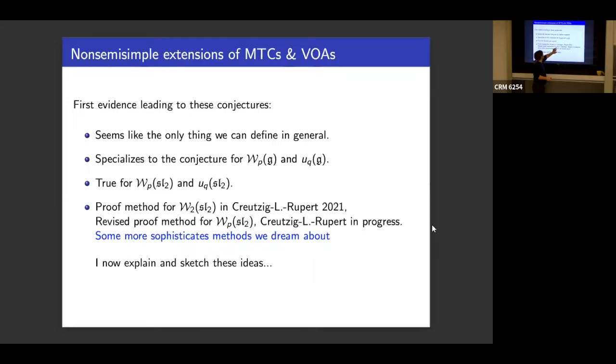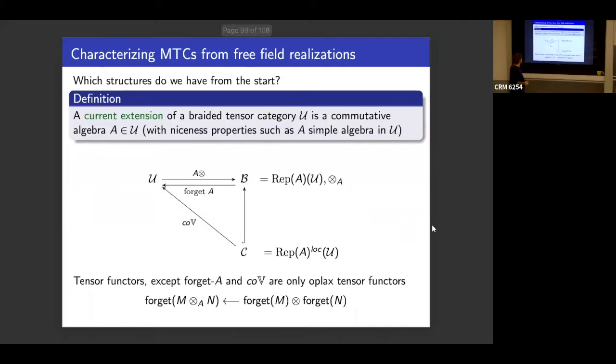Maybe just to try the next case. And I think this is a very structural way of thinking about these things, and you see why it should be true in one place. And also in blue, I tell you some extensions of this, maybe more sophisticated, which could tackle higher cases. But I only want to print this in blue because I'm speculative enough. So now I'm talking about this revised proof method that we're writing up at the moment. How does this go? So let's go very much one step back.